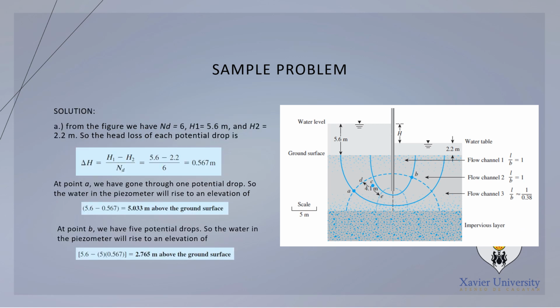So for the solution, no, from the figure, we have the number of drops is equal to 6. So we have to count na 1, 2, 3, 4, 5, and then 6. And then our H1 is 5.6 and our H2 is 2.2. So,